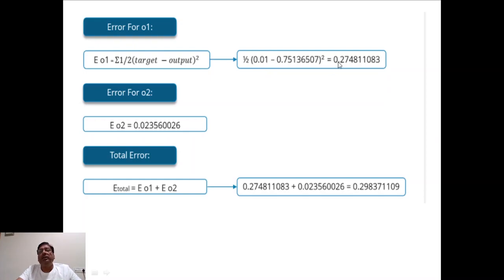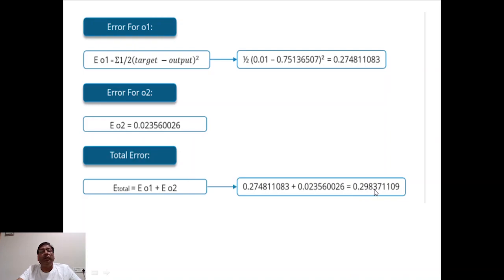If you calculate this, you are going to get the error over there at O1 at 0.274811 and so on. Similarly, if you calculate this for O2, you are going to get error at O2 at 0.02356 and so on. Now the total error that we got is error 1 plus error 2, which is going to be